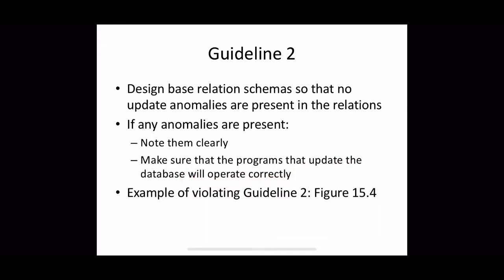Okay. Now we can see an example of a relation which violates this guideline 2. See this employee department. For each employee, we are repeating the same information for a department, right? For department 5, this is the information. Department number is 5, department name is research, and department manager assistant is this. And the same information is repeated for all the employees who belong to department 5, right? Four times the same information is kept in the table.